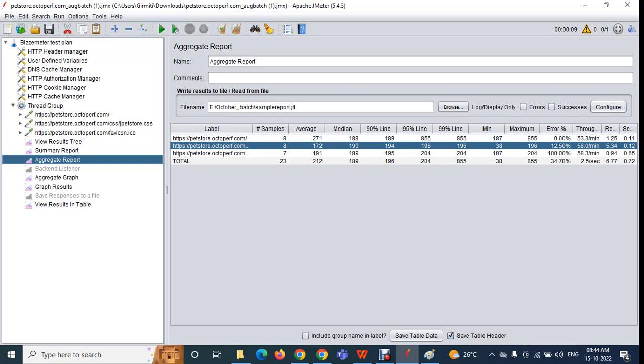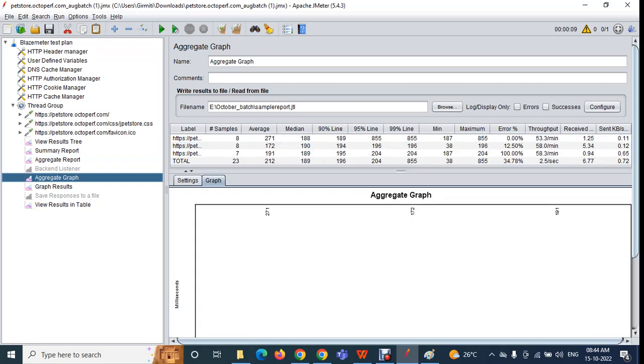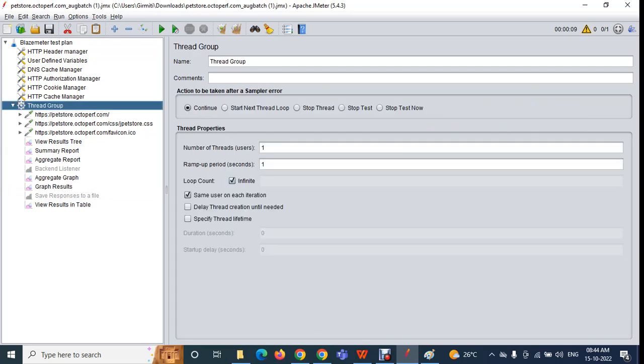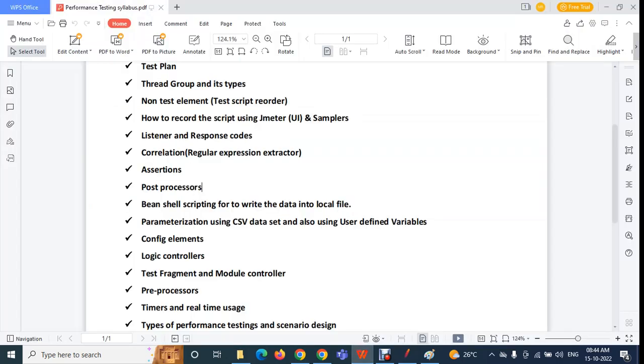So this is about the listeners: why we need to use them, how we can use them, how many listeners we have and how to use them. People will ask you this in the interview, so you need to learn this information by heart. Go through the PDF document whatever I have shared with you. You need to go through the theory as well on a daily basis. So this is about listeners.